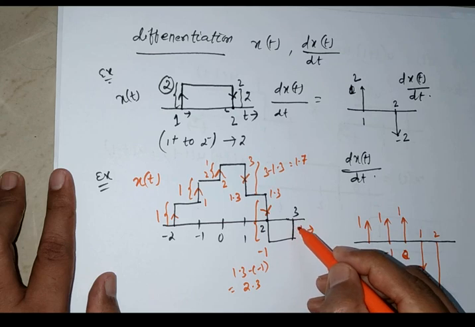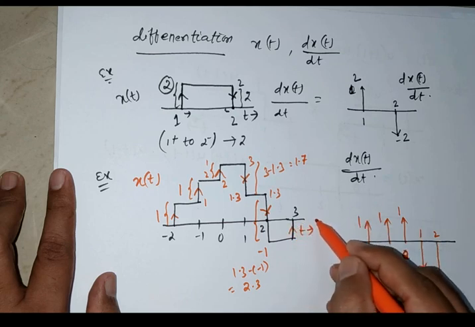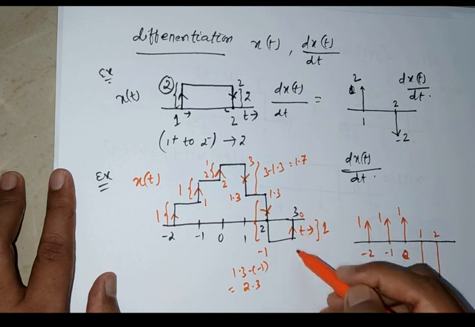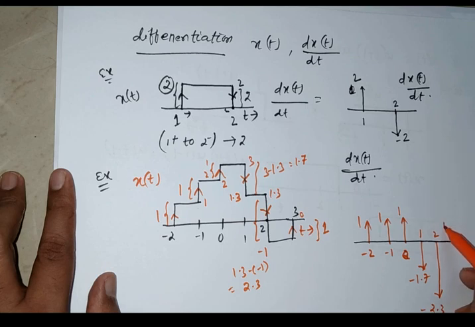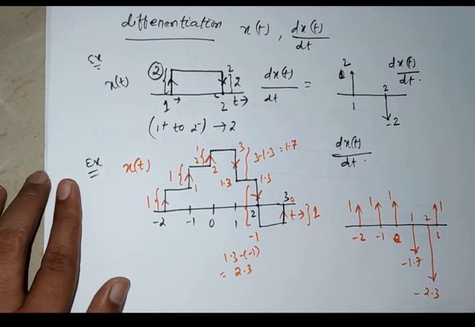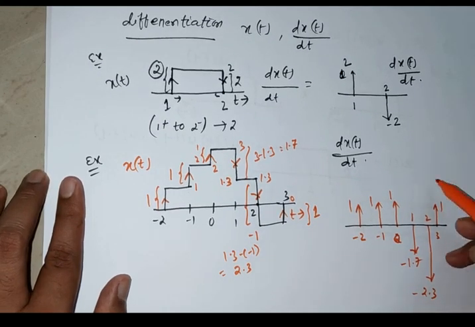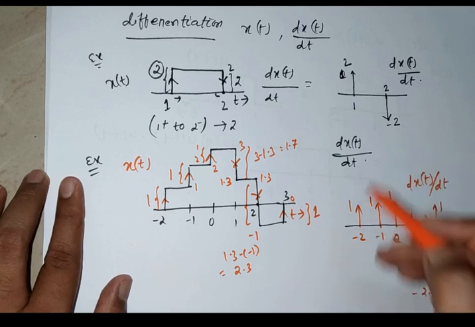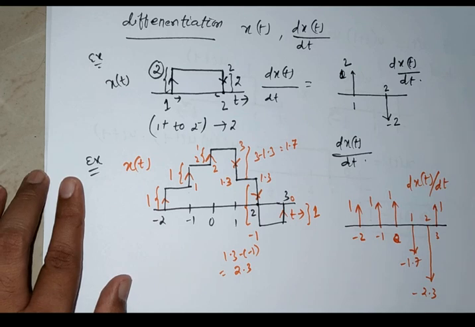Now exactly at point 3 again it's moving up, and what is this difference? This difference is 1, yes or not, because it is minus 1 and this 0 takes us to 0, so it is 1. So it's moving up at 3, again it is 1. Okay, so this is your differentiation of a signal. I hope people are clear now. It is helpful for the GATE exam, all this you should know, how to find the differentiation of a signal. Simple differentiation, but if it is given in a figure you have to find it like this. Clear?